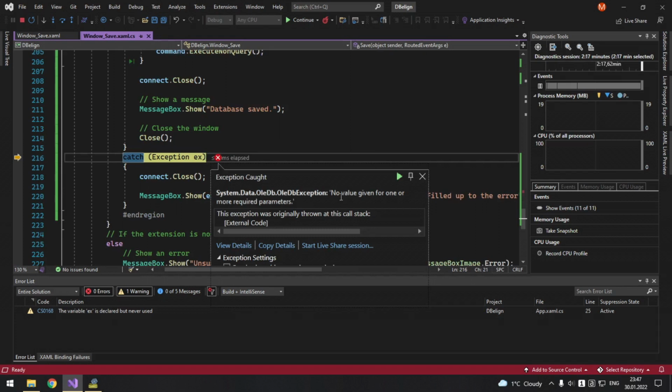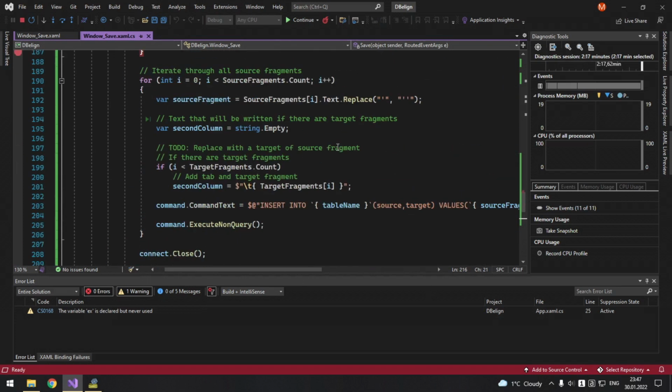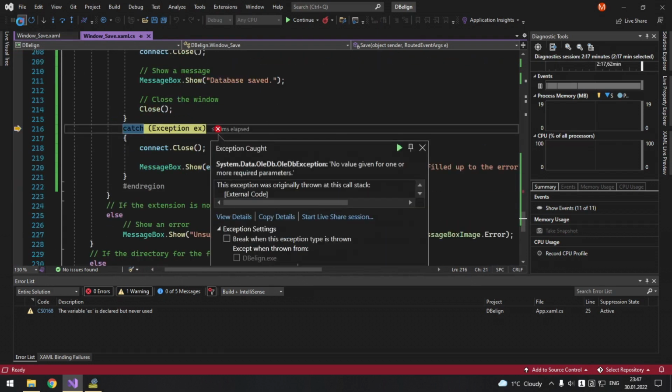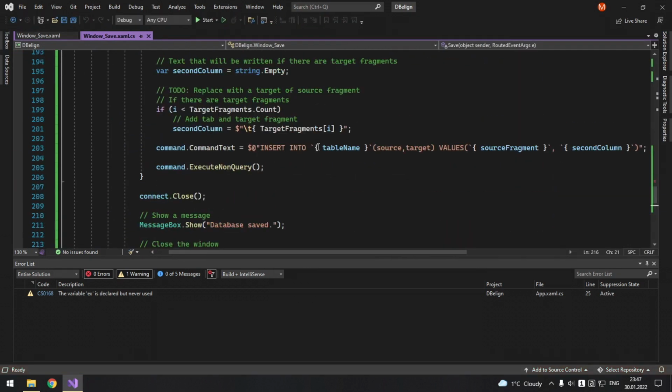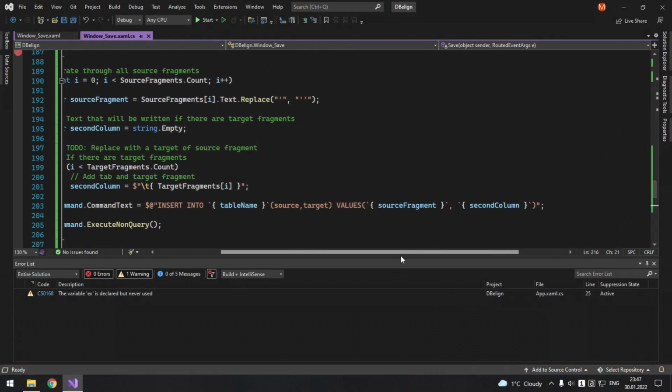Yes, the problem is there. Alright, let's find out. So insert into source target. Did I not close a parenthesis?